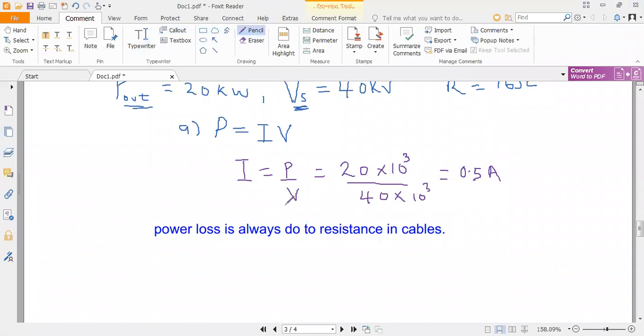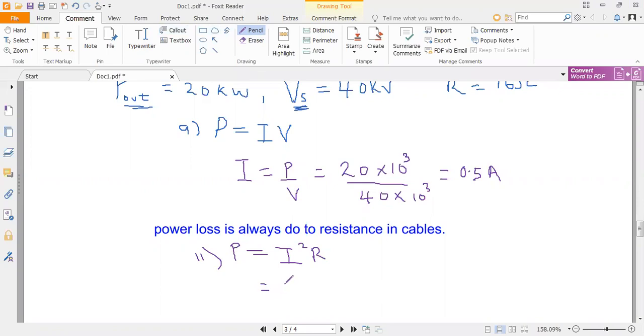So power loss is always given by I squared R. Since we already have I and we already have the resistance, then the power loss will be given by